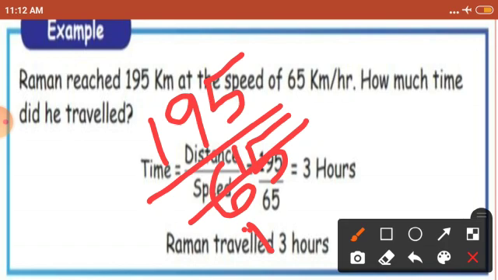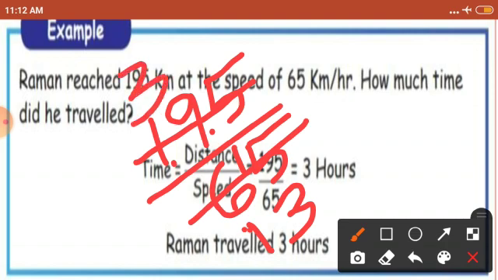So that 1 will be added with this 5. It will become 15. Now see, 5 3s are 15. Coming to the numerator, there you got what? 195. So I am going to divide this 195 by 5. For that I am taking the first number, that is 1. We can't divide it, right? So we will take the second number together. Now this will become 19. Now see, 5 3s are what? 15. Got the remainder as 4. That will be added with this 5. It will become what? 45. Now see, 5 9s are 45.